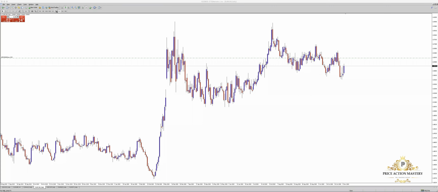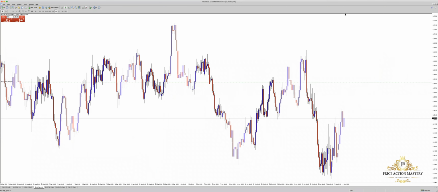Okay, so when I look into H4, it already formed an uptrend. So you might be confused, huh? Why is the daily time frame down, but H4 is up? So how am I going to trade? If you wanted to clear this doubt out, I would strongly advise you to join our free class on the upcoming Wednesday.